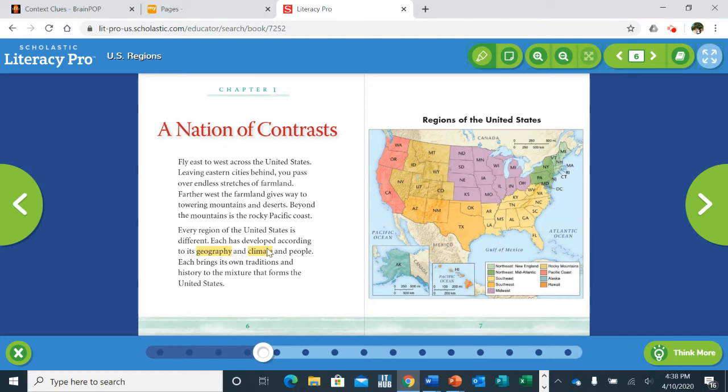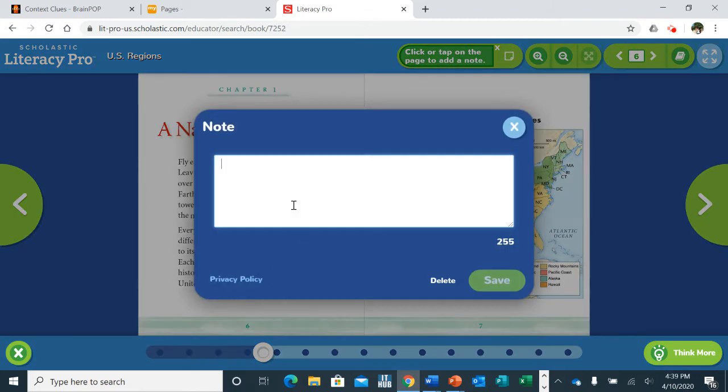Climate is weather over time. So the geography must mean what the land looks like. Okay, so we're going to take a little notepad right here, a sticky note. I'm going to click on this, and we're going to say click or tap on the page to add a note. I'm going to come right down here, and we're going to type in geography